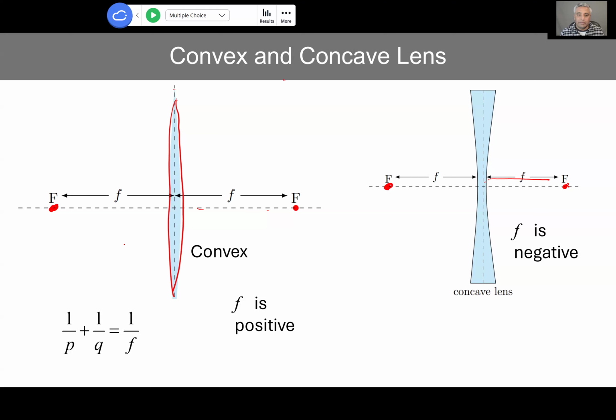There may be symmetric versus non-symmetric, but for this class, we're just going to be looking at the symmetric ones, okay? And the focal length for the concave lens is counted as negative, and this one is called convex because it converges light